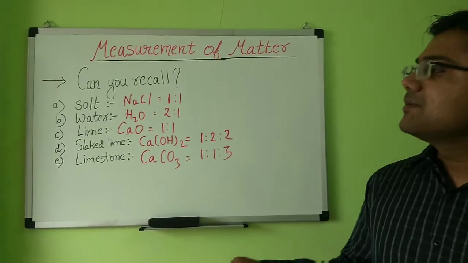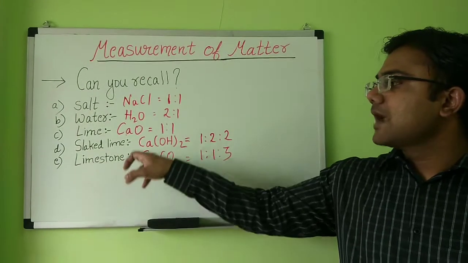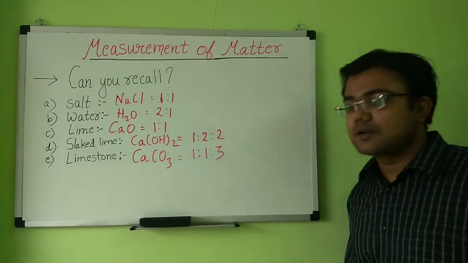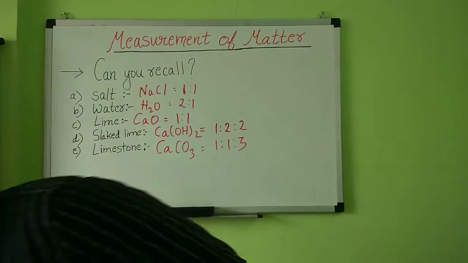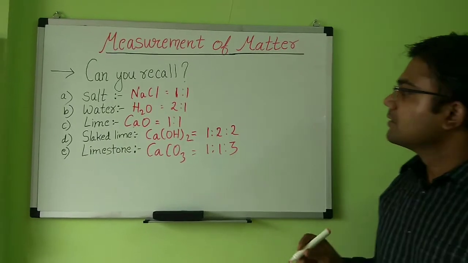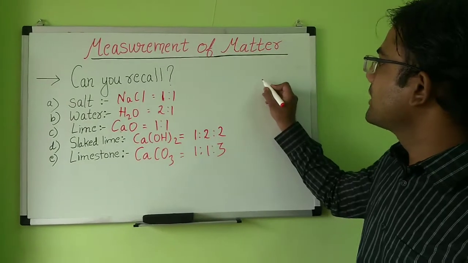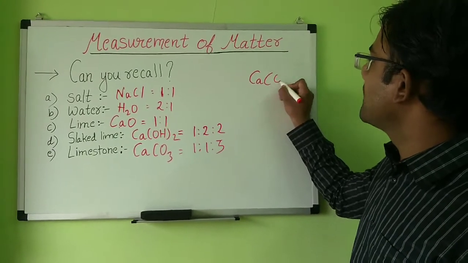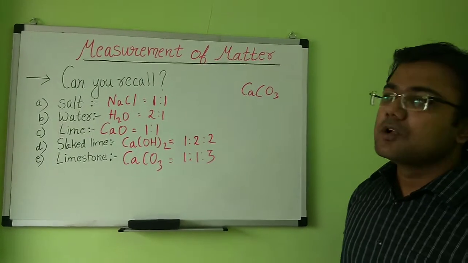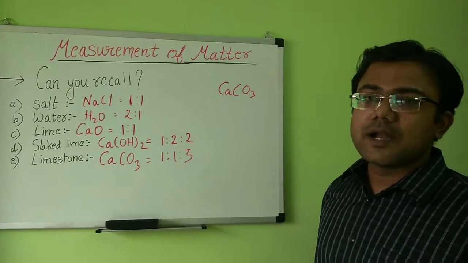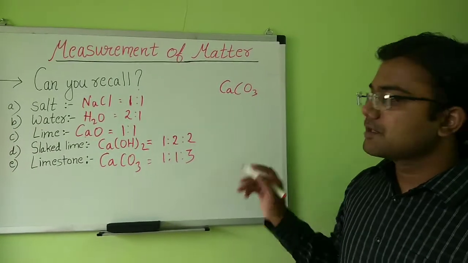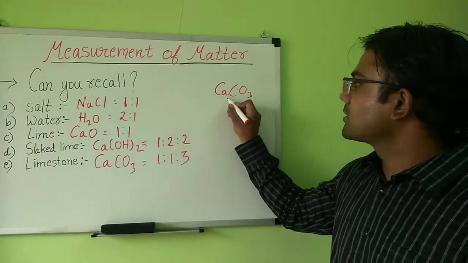Now let us see the relationship between limestone and slaked lime. This experiment also we have seen in the previous year. I hope you will remember this. That experiment is lime water turns milky. Let us see how this limestone is obtained. This limestone is obtained from the earth crust due to various chemical biological reactions. Millions of years ago, various living things were buried underground and those substances were converted to various minerals. One of the minerals is calcium carbonate. So this calcium carbonate is obtained from the earth crust.